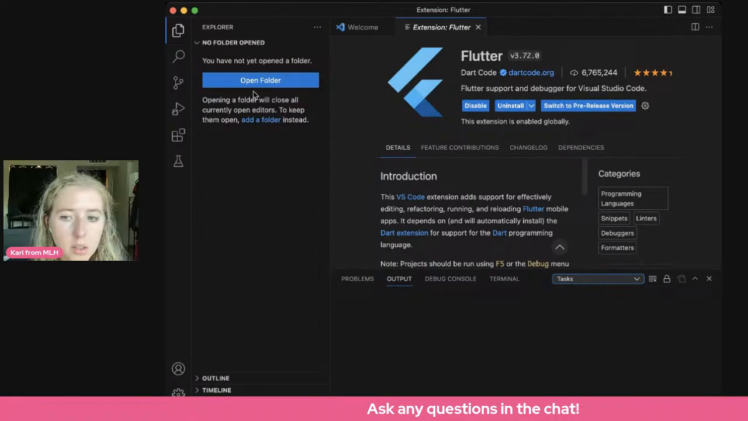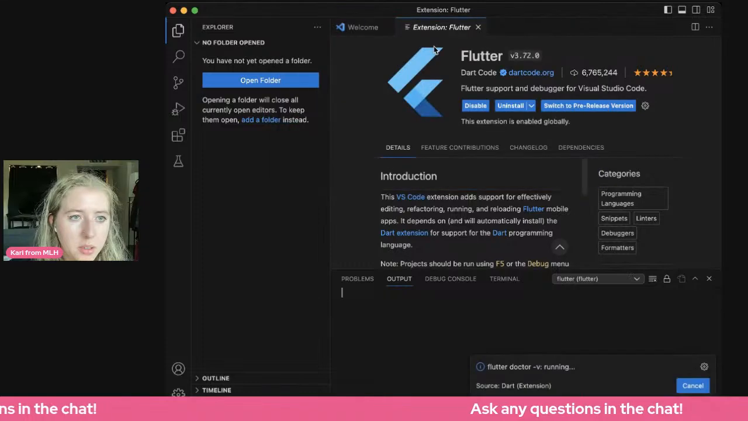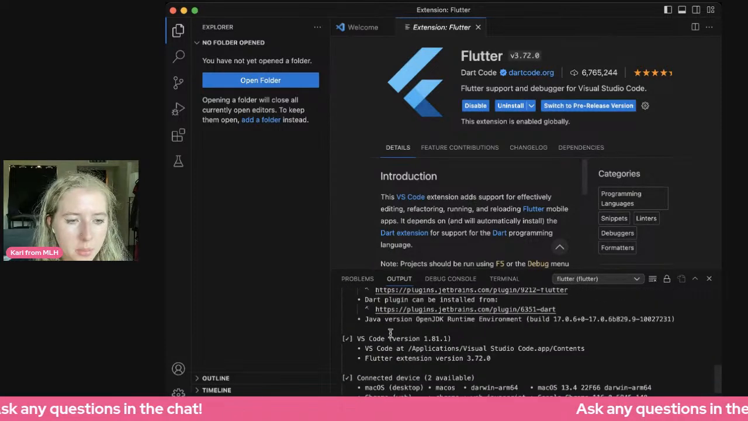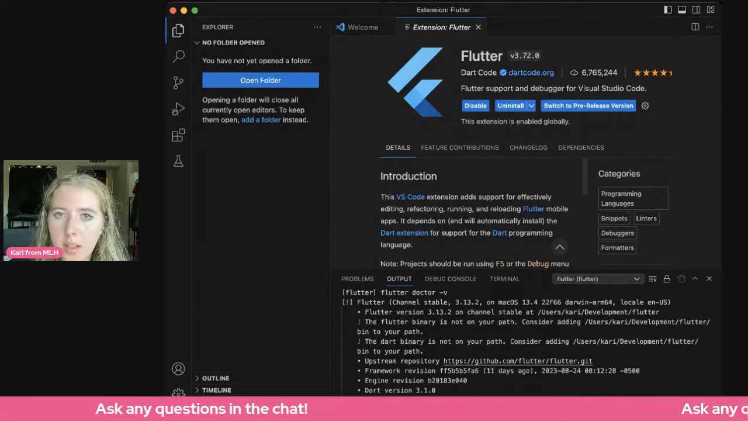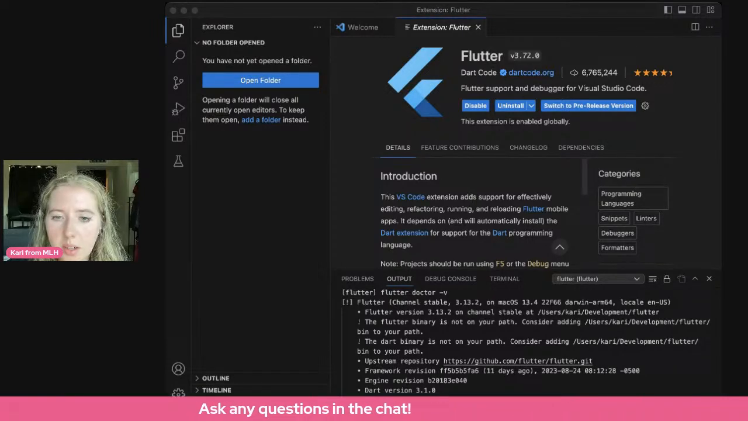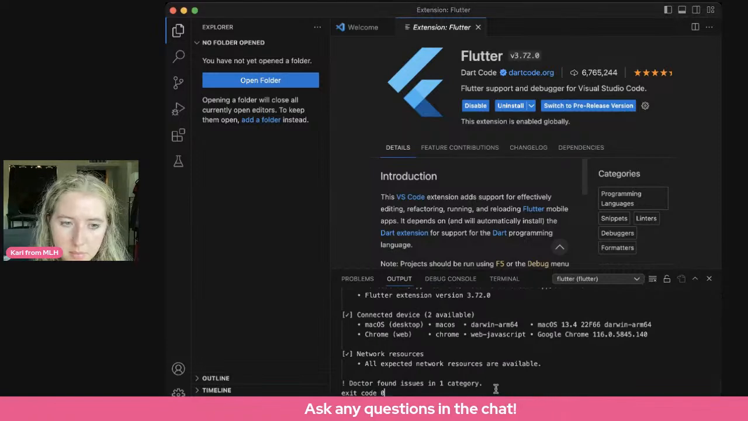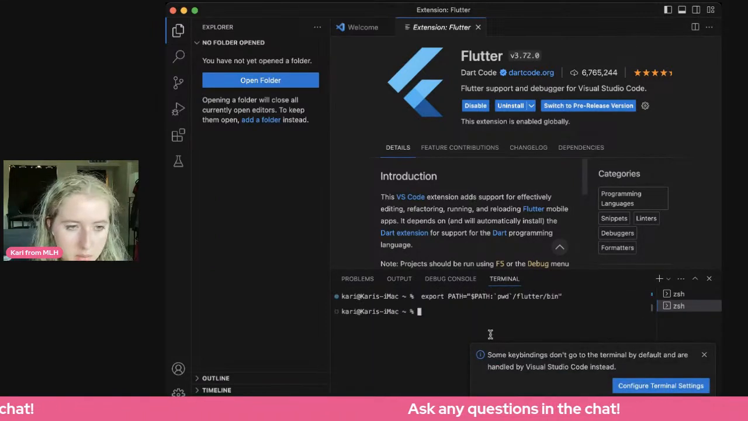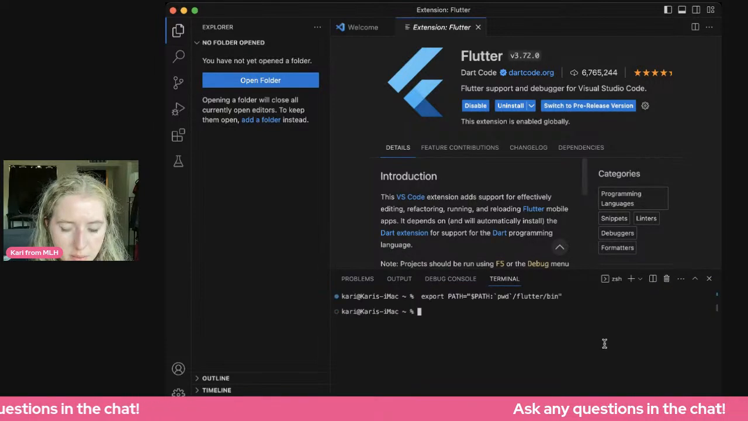But you know what? We can go to command palette instead, and then type in Flutter, run Flutter Doctor. Okay, cool. The Flutter binary is not on your path. Consider adding. Okay. Oh, this is how I have to do it. I remember this. This is for the thing where you have to set it up. So I want a new terminal. Great. Cool. Terminal. Now if I run Flutter Doctor on this one,